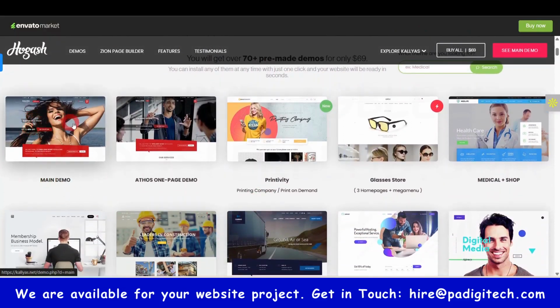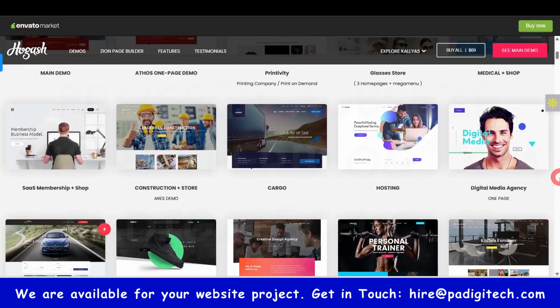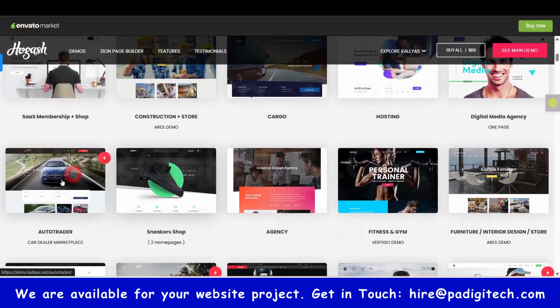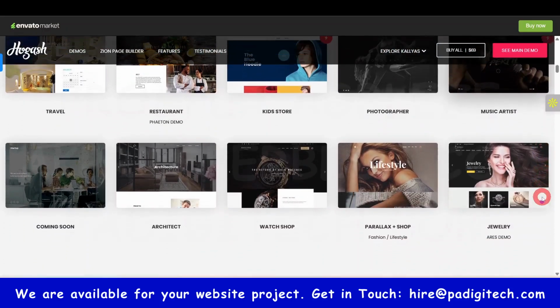You can see these are the different demos that are available. Medical shop, I think this is the first demo, talking about a medical shop. You can use this for a pharmacy, maybe an online pharmacy. Then hosting, cargo, auto trader. So maybe you want to sell cars. You can see there's a demo for you already. You can just go through all of these demos